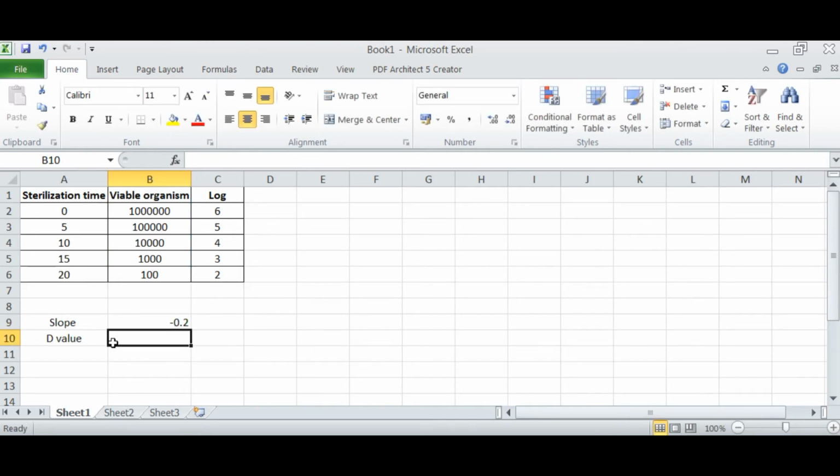We will get -2. So what is the D-value? D-value is nothing but the inverse of the slope, meaning -1 divided by slope. Press the enter button, you will get 5. Here also we got D at 121 degrees centigrade is 5 minutes, right?